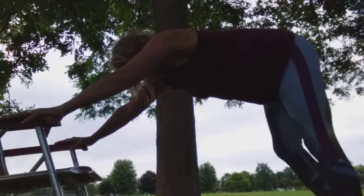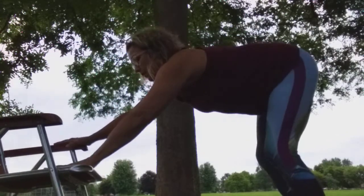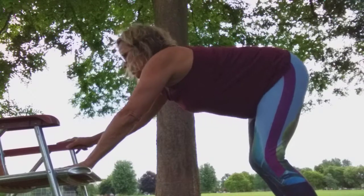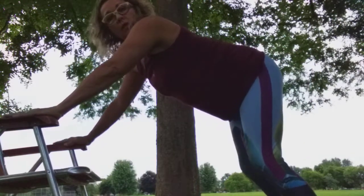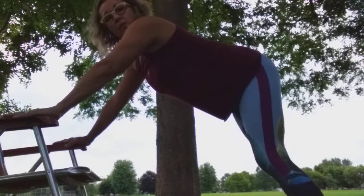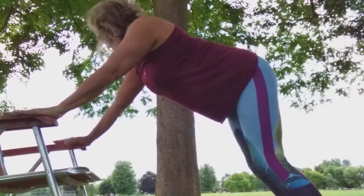Go ahead and step that front foot back. And then either again with the hands on the chair seat, spread the fingers out nice and strong, or on the armrest here. We're going to have a slight bend to the knees. We've walked our feet back. We're going to bring the elbows in